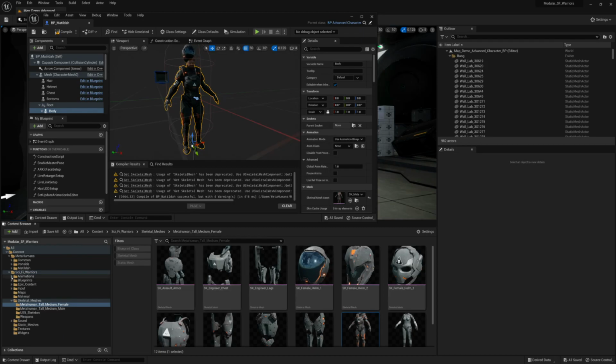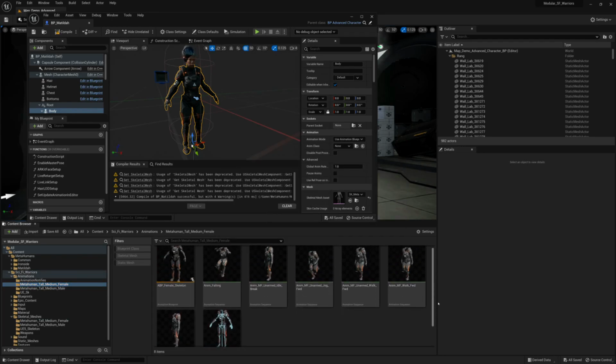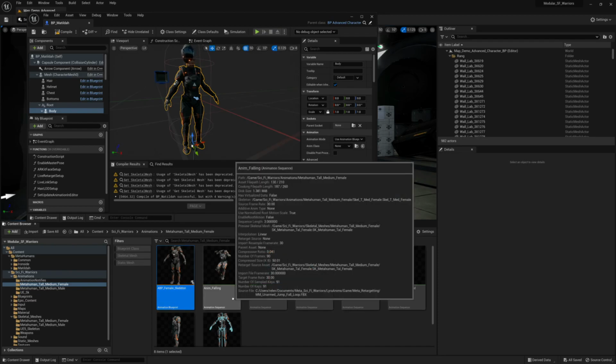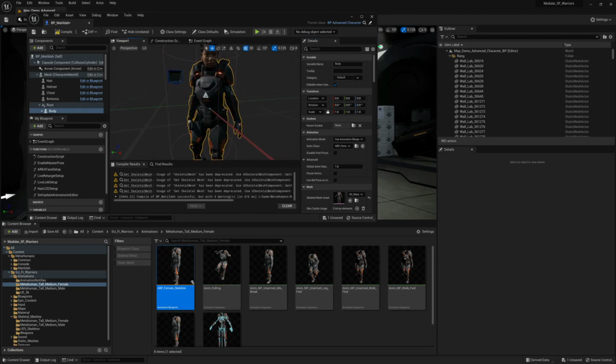Let's go to animations and animations tall, medium, female. Let's add this ABP female skeleton, okay, to the animation class. Okay, so now we've got animations working,